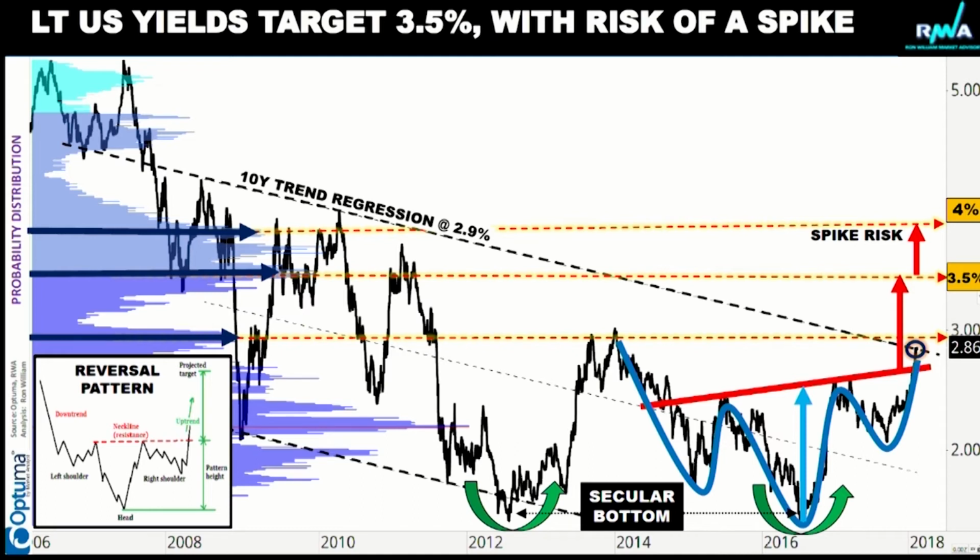As a worst case scenario, this would be the event, which could easily happen towards the end of this year. Time will tell, as and when, but it's certainly the risk to the upside of a spike event.